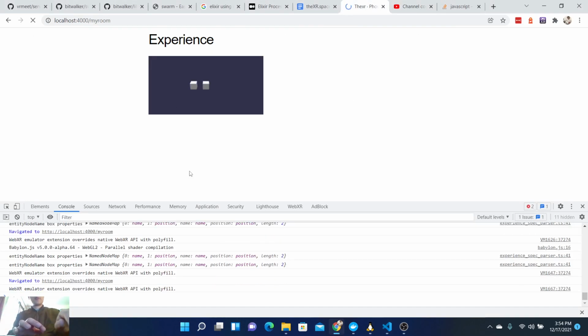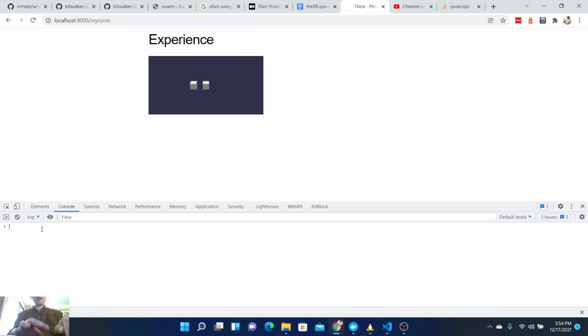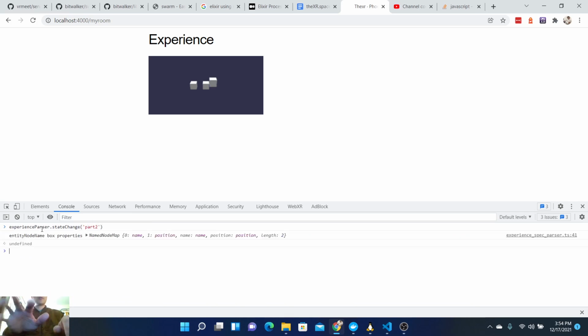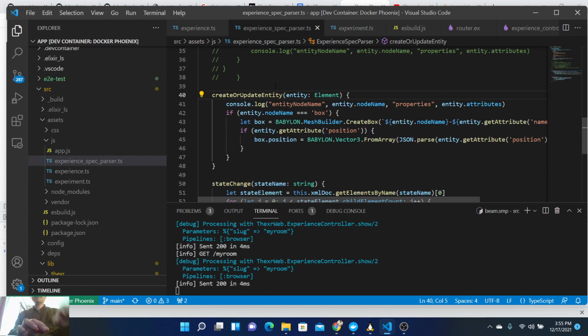So if I refresh this page, we get that, and window.experience parser change state change. If I say part 2 now, indeed we see a third box. And what we want to happen instead is that any entities that have an existing name, so let's say that the full name